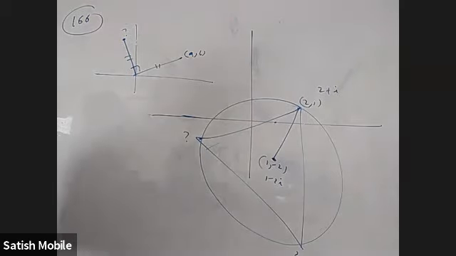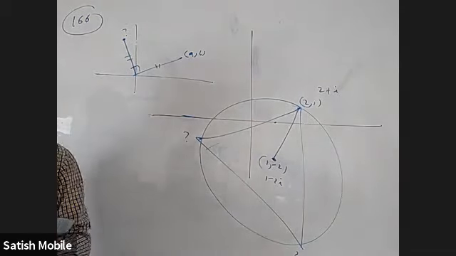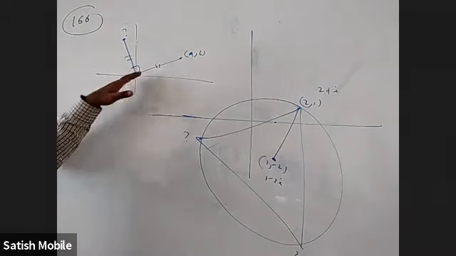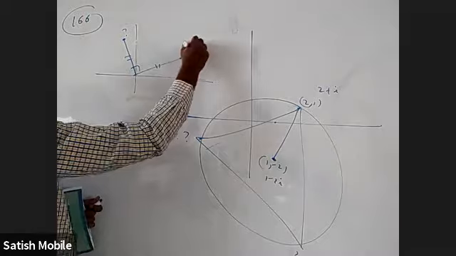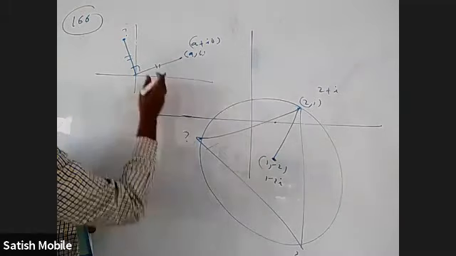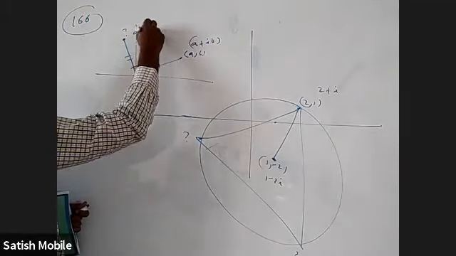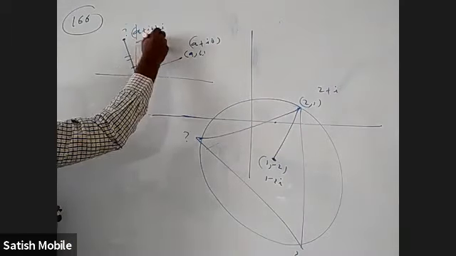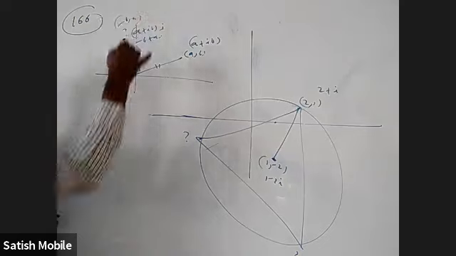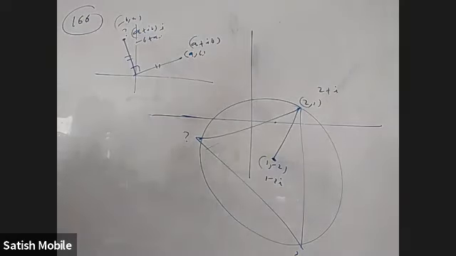This question we can do by parametric form somehow. But according to complex numbers, it is a very easy question, a silly question. Why? This is A comma B, this is A plus iB. I have to rotate by 90, so (a plus ib) into i. What is that? Minus b plus a. So this point is minus b comma a. Of course, this is the origin.